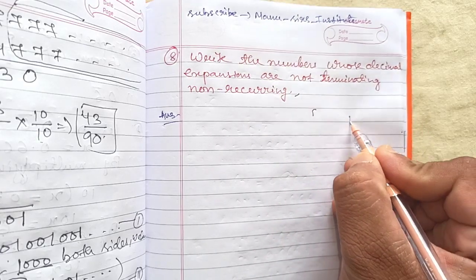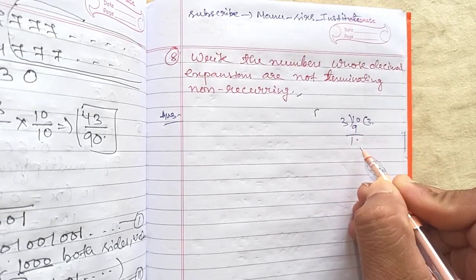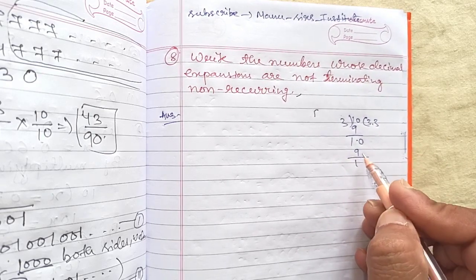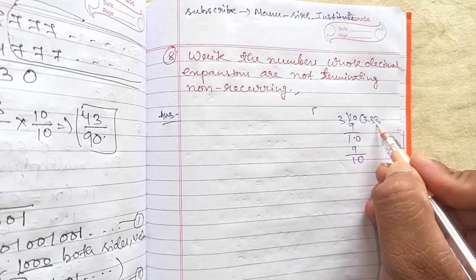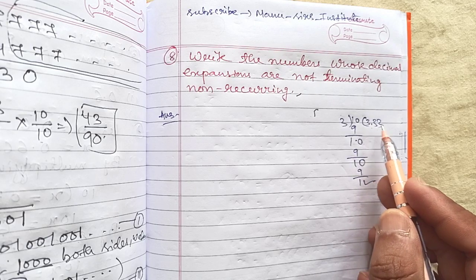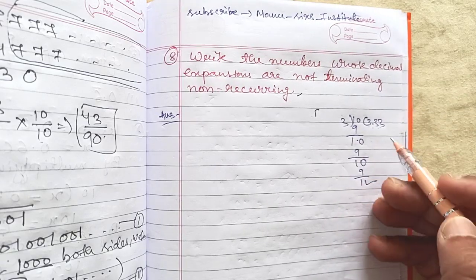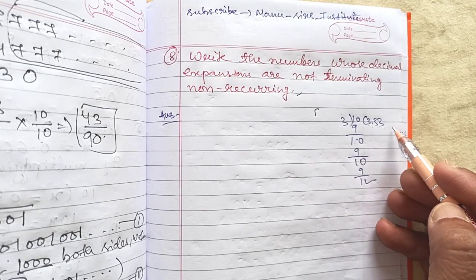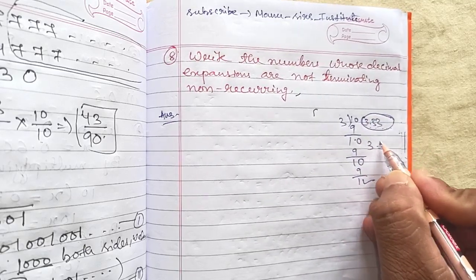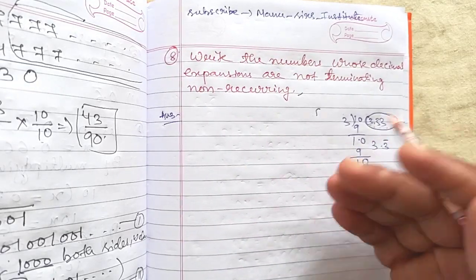Suppose I am dividing 10 by 3. 3 3s are 9, 1 carry, you put a decimal here, 0. 3 3s are 9, again 1, 10 minus 9, 1, again 0 carry here, 3 3s are 9, 1. This number is repeating, it is non-terminating, and the number 3 is repeating again and again. That means the number of times we divide, that many times we get 3 in the quotient. So these are called recurring decimals. Recurring means the number will be repeated, but non-recurring means the quotient's digits should not be repeated. It should be a different number.